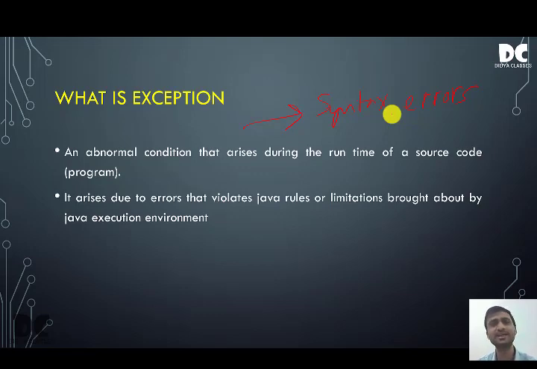So when a syntax error arises in a Java program, for example, you are not giving a semicolon after writing a print statement, an error will arise. It will be highlighted in yellow and the program will stop. It will give a sound also, that sound comes. So this is known as an exception. When there is a syntax error and the program stops, this is known as an exception.